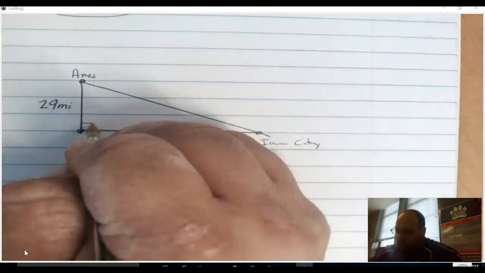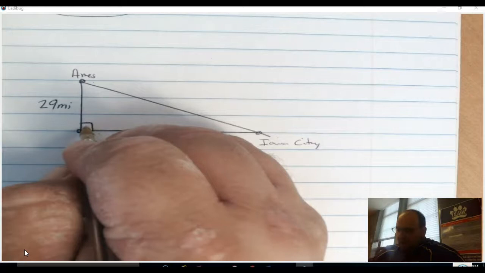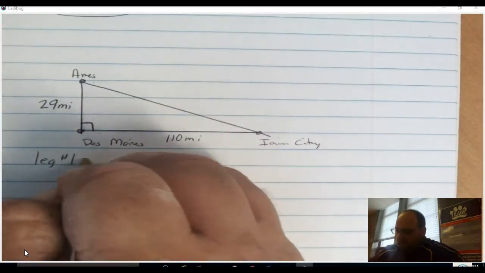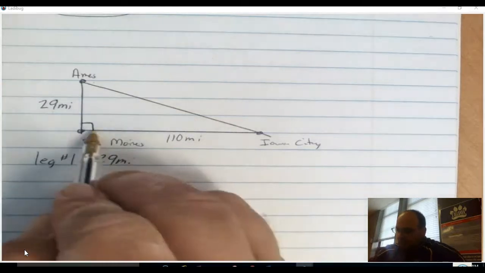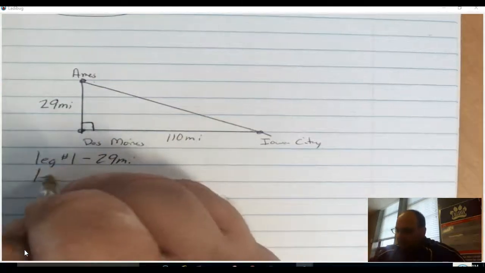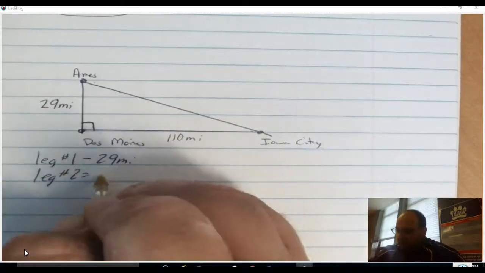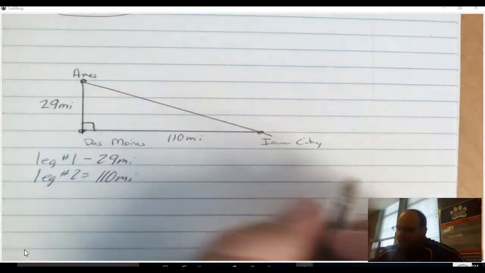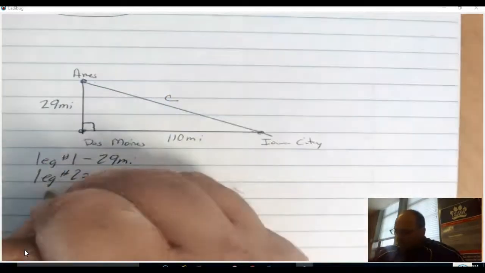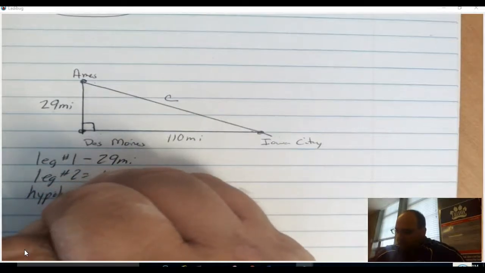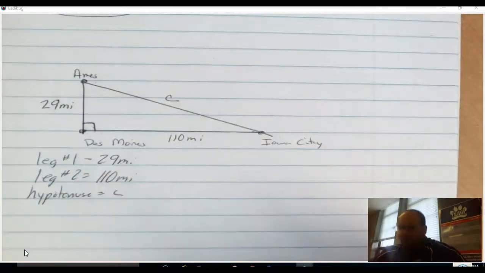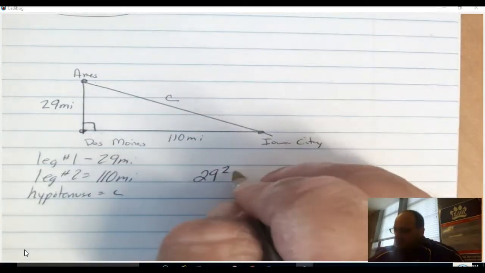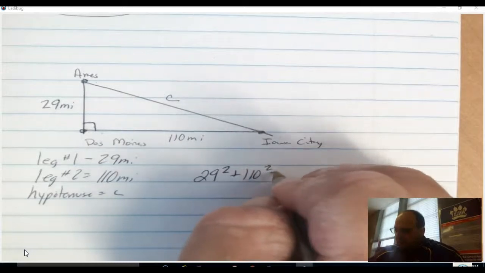Well, here's my right angle. Because 29 makes up part of that right angle, that lets me know that leg number 1 is 29 miles. This line also makes up the other side of the right angle, which lets me know that it's leg number 2, which is 110 miles. Which means this diagonal line I drew happens to be the hypotenuse again. So the hypotenuse is what we're looking for in this problem, and that's going to be C. So again, I just go ahead and solve it. I do 29 squared plus 110 squared, and that's going to equal C